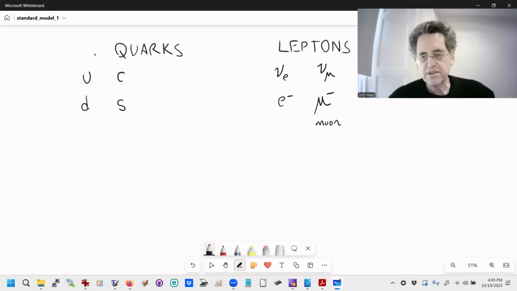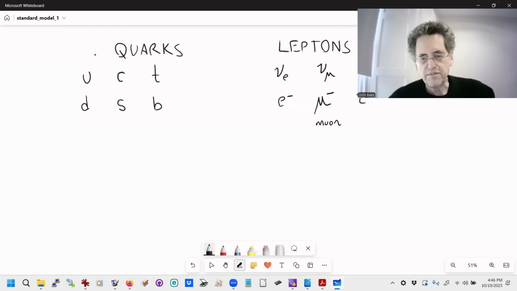As you can see, the names are starting to get a little bit silly. That's because people were discovering all these particles faster than they could mentally process them, and it started seeming a little silly. And finally, they found a bottom quark and then a top quark, and also another pair of leptons,